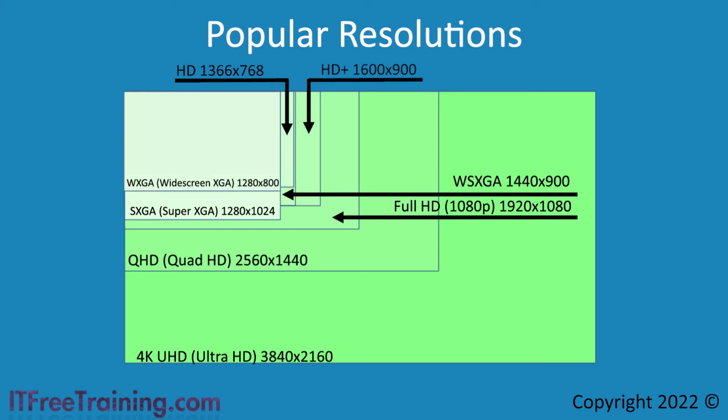Next, there is Widescreen XGA, which is just a less box-like version than the previous one. Now comes Extended Graphics Array, or XGA. This resolution is 1024 by 768 and was very popular in the old days of computing. Since it is around 1000 pixels across, technically it would be 1K. However, back then no one was using this terminology. It does, however, give you an idea how small 1K would be compared to 4K.